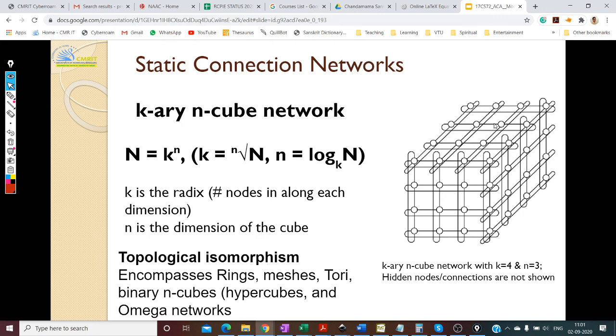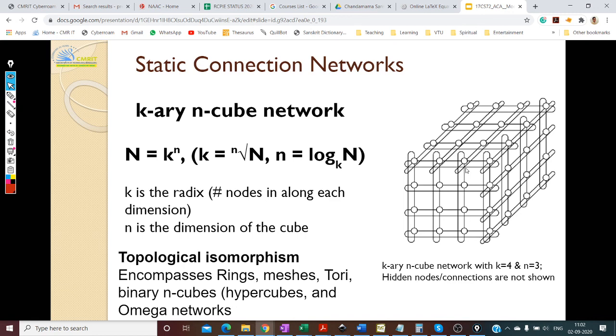Practically, we don't make networks like this, but what we are trying to say is this is a superset of all the networks. You can alter these properties to make it look like a ring, mesh, torus, whatever is listed. These all come under the family of the k-array n cube network.